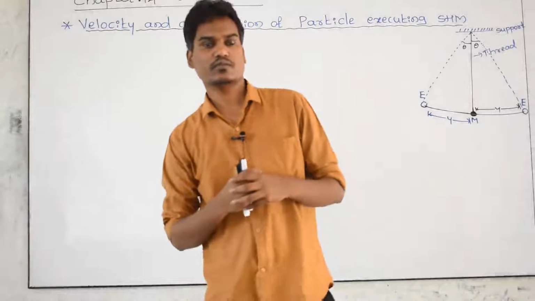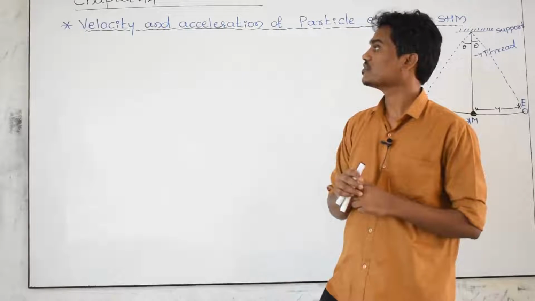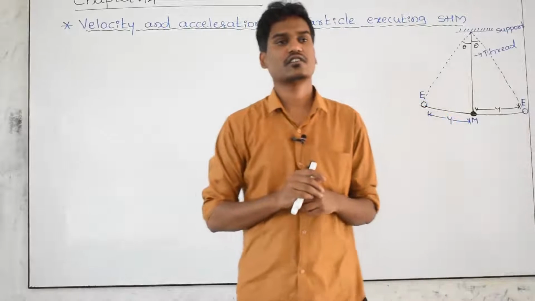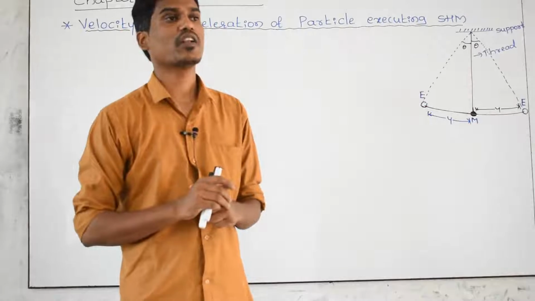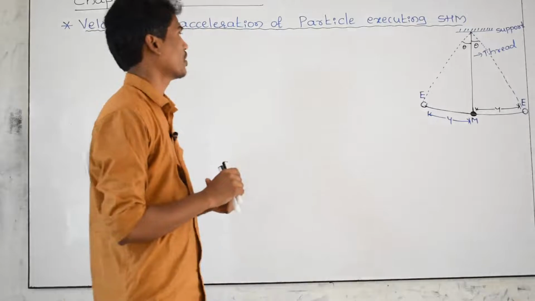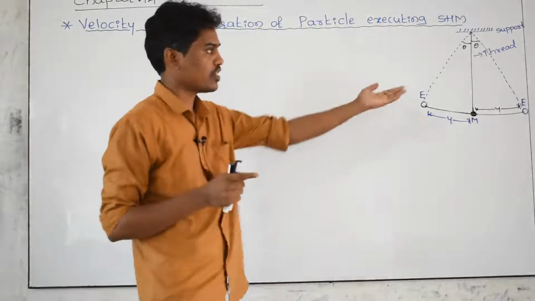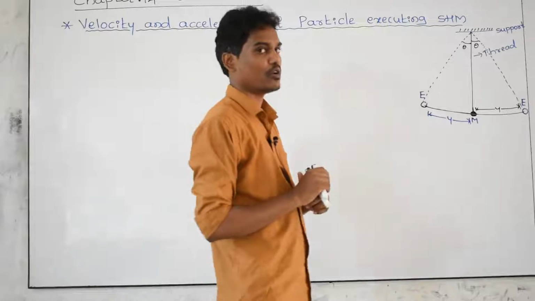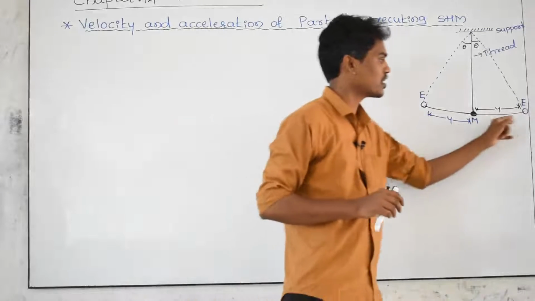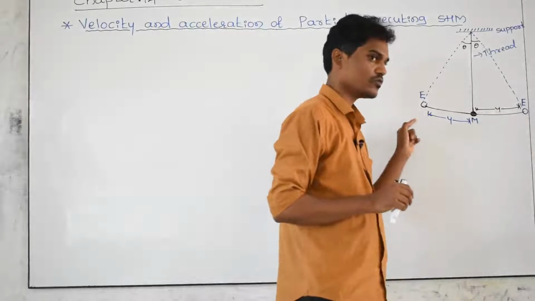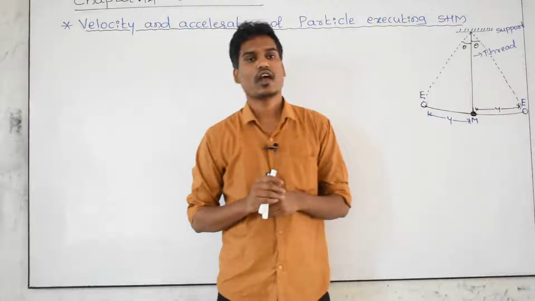Good morning, students. Today we will discuss the concept of velocity and acceleration of a particle executing simple harmonic motion. Whenever the object is in simple harmonic motion, as shown in the diagram, for example, the oscillation of a simple pendulum, I have taken the example. Whenever the object is in simple harmonic motion, or a to and fro motion, what is the velocity and acceleration